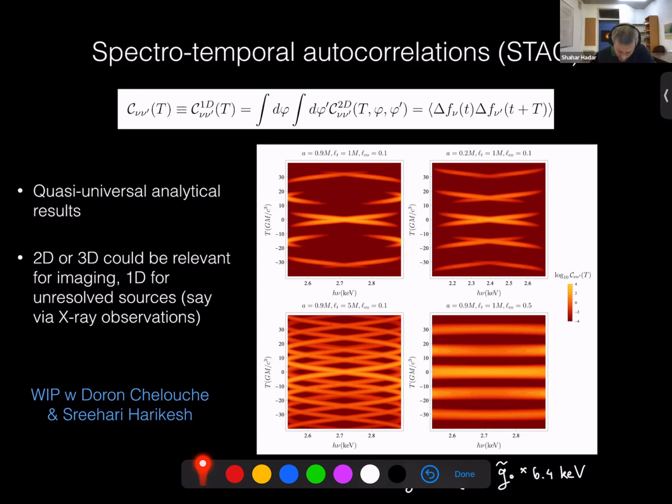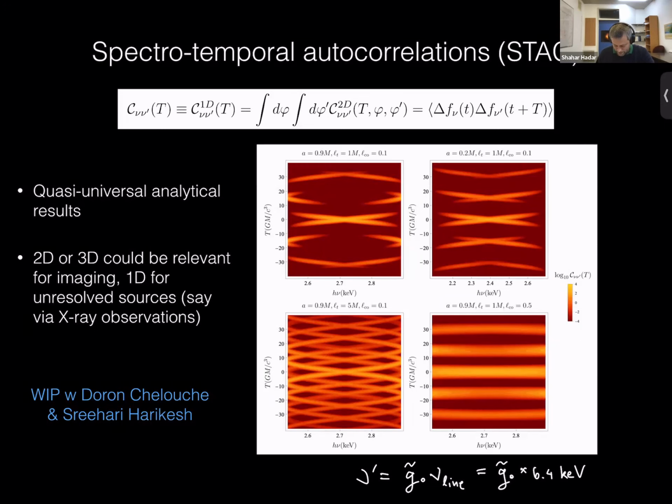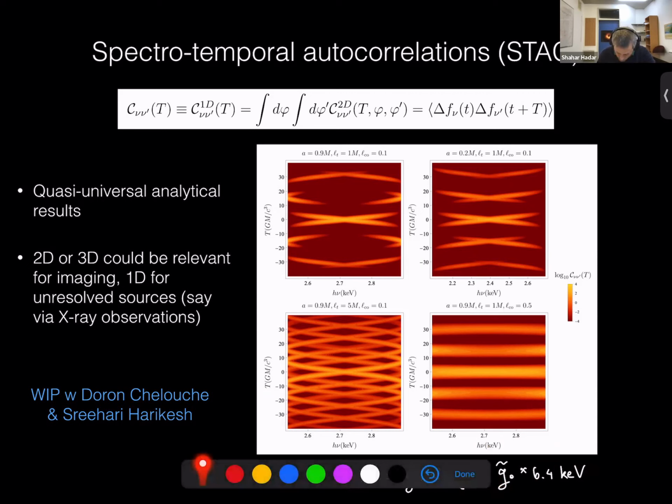So for example, here I slice it by fixing nu prime to be basically at the center of the x-axis here. So it's G0 tilde times the line frequency times 6.4 keV. Okay, so nu prime equals something like 2.7. And I look at the correlation as a function of nu and the time delay. Okay, so you can see you have again correlation peaks. Well, in the 3D correlation space, it will be like correlation ridges, that depend on nu prime and t, but it's easier to look at it when you slice it into